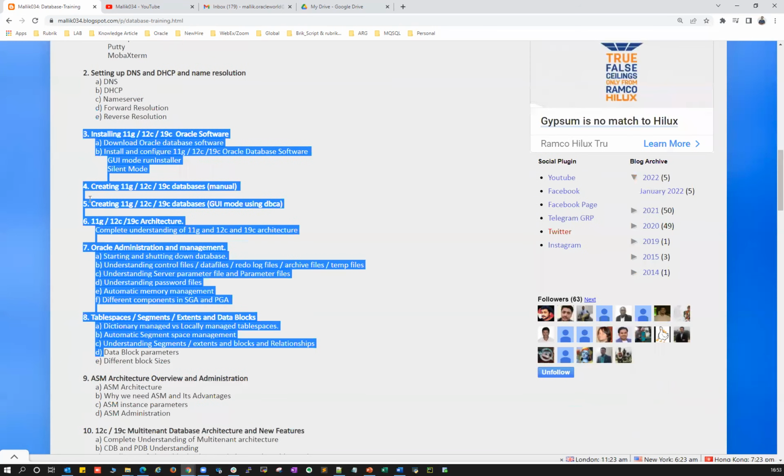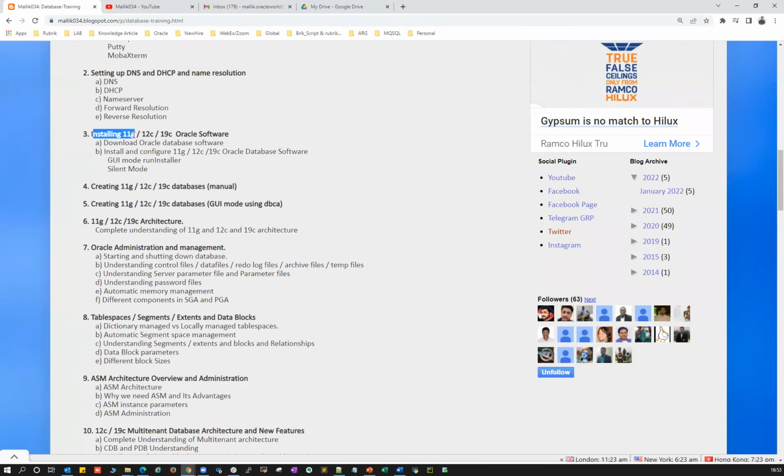DBA world. So we'll start with the installation of our 11G database, 12C database, 19C database, and what are the differences between these installation processes, how you can install it using a silent mode or using a GUI mode, and then from where you can download all these softwares, from Oracle OTN or Oracle eDelivery. So all this we're going to cover here as the installation of 11G, 12C and 19C software, followed by